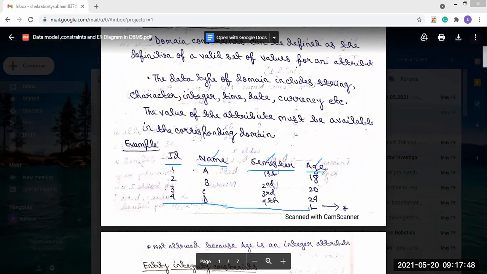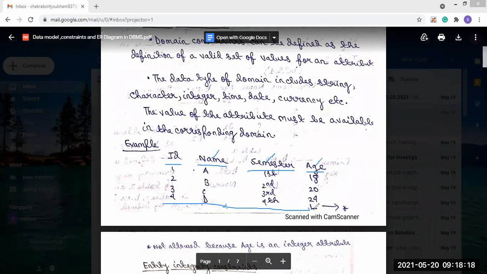But in the age attribute, you can see we have filled a star. When we put the star, it is opposing the domain constraint. Because in the age attribute, we have to put only integer values, because all the values present in the age attribute are integer values.